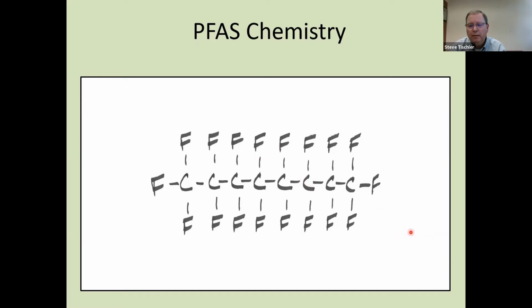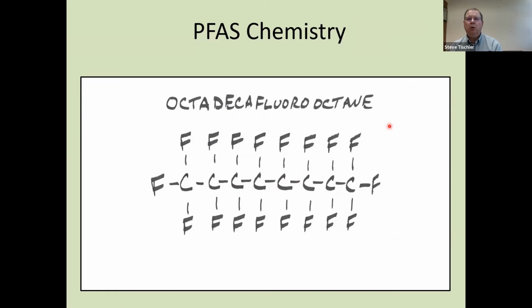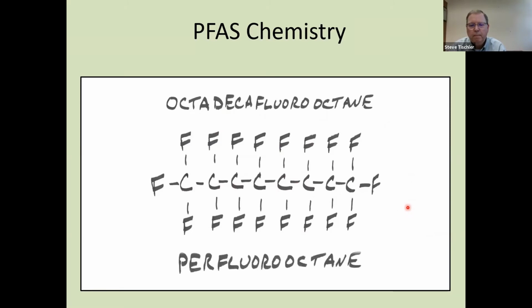And I'll give you the name of the compound. It's octadecafluorooctane. So octane for 8 chains and octadeca means 18 fluorines. So octadecafluorooctane. Pretty long name, a little bit of a tongue twister. It also goes by the name of perfluorooctane. So if you could sort of see where we're going here as we're building up our understanding of PFAS